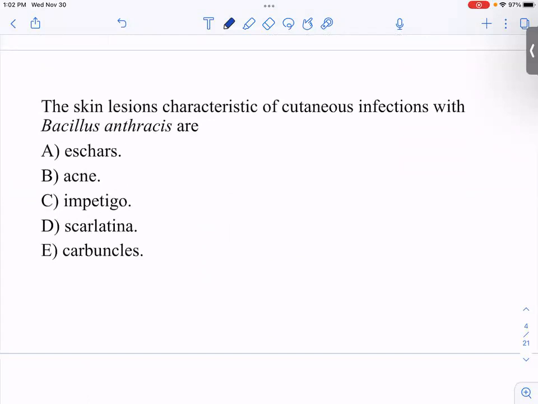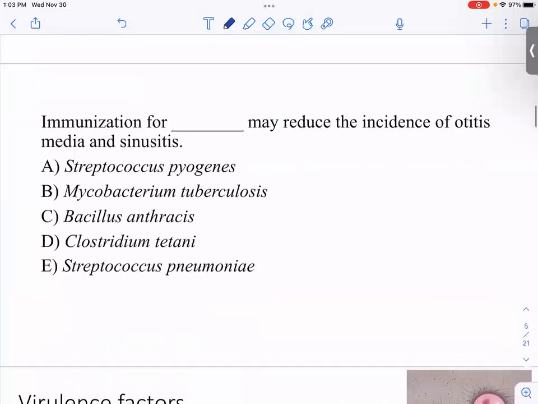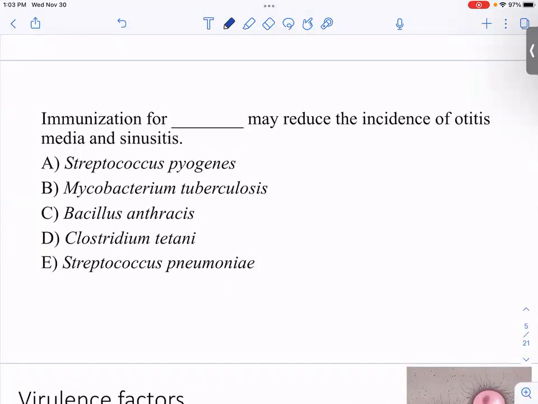How about this one? Again, a little terminology that may have been new to you. Skin lesions characteristic of cutaneous anthrax. Remember, there are three ways we can get anthrax. We can ingest the spores, we can inhale the spores, or we can get it in a cut. The skin lesion, remember, turns kind of black, a black scab, that's called an eschar. Question D there, I don't know what that is. Somebody made that up maybe, but I left that in there. All right, and lastly, I'll give you a chance to read that a second.